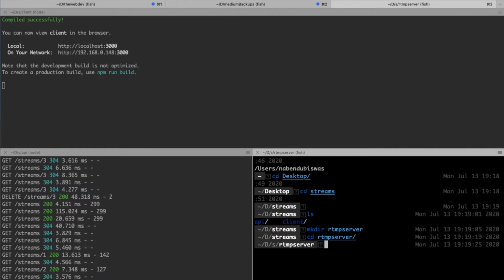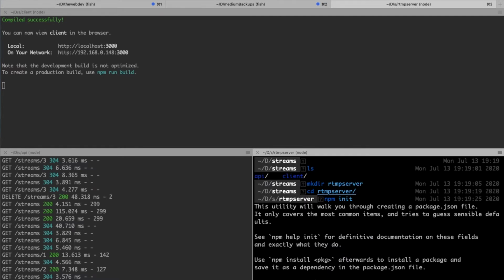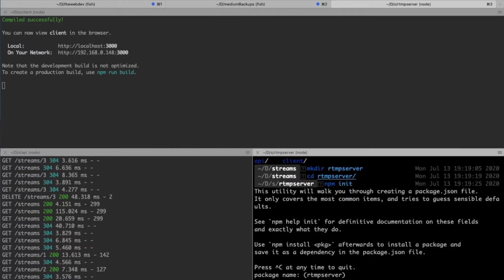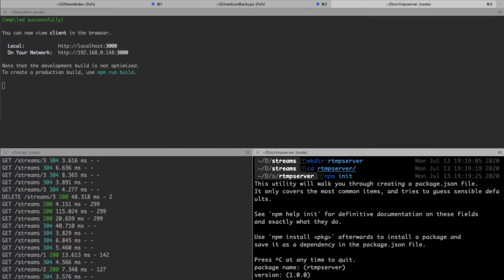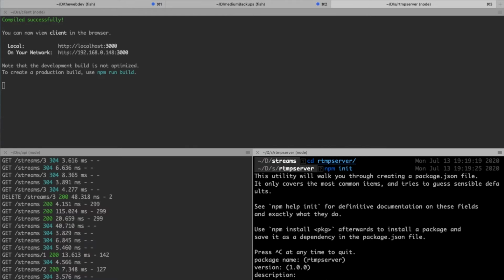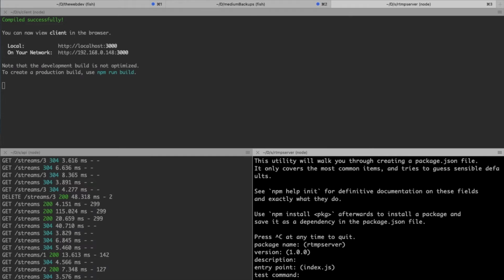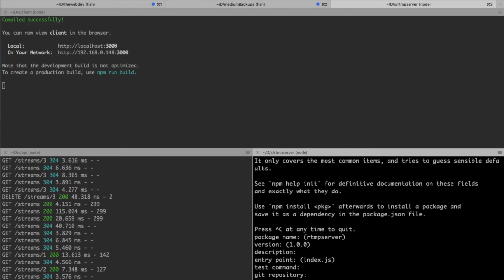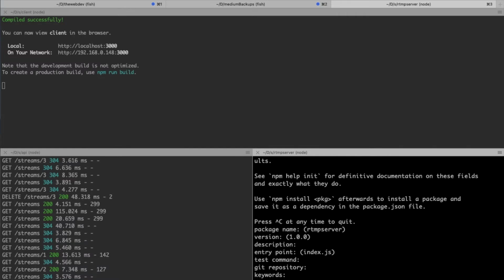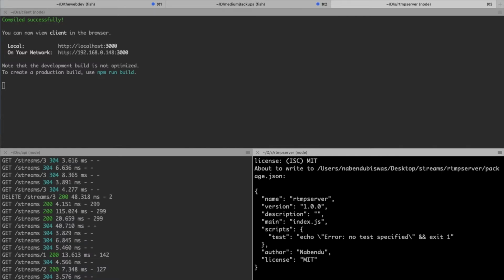Next, like when we set up our server, we did an npm init, because it will again be some Node code. So npm init I will do, RTMP server, I need this only. Entry point is this, test command is okay, git repository we have, keywords is okay, author let me put my name, license is MIT, so everything is okay. So let me do a yes,